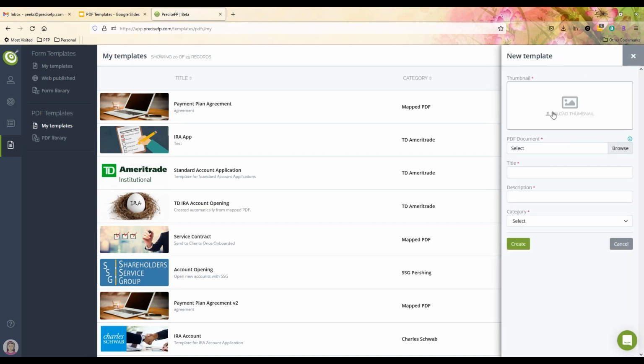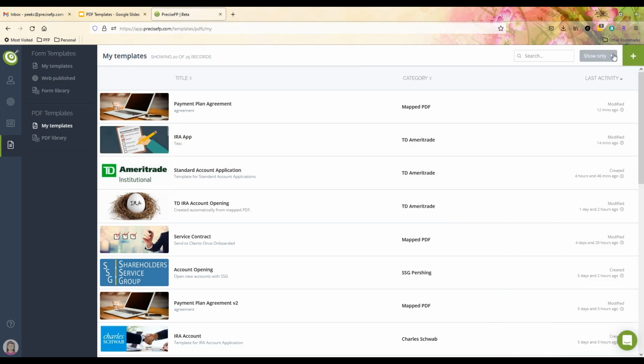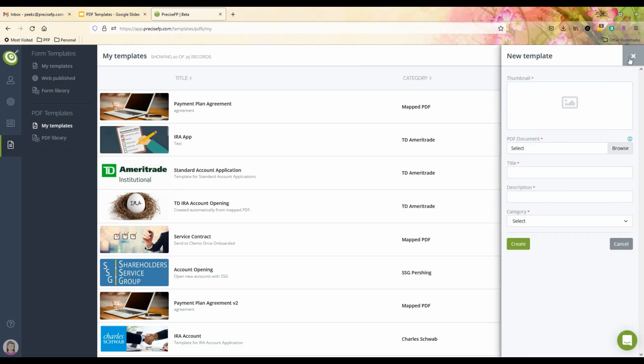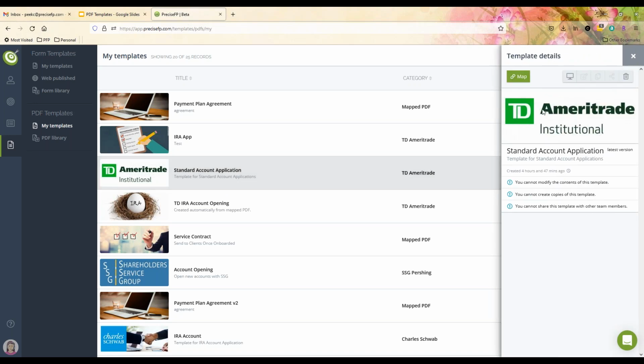You have to have a thumbnail image for it. Here's where you'll select your PDF, give the PDF a name, a description, and then a category. Now, if you are using something like a Schwab form or a Pershing form or a TD form, after you choose the category here, what you can do is actually go into,